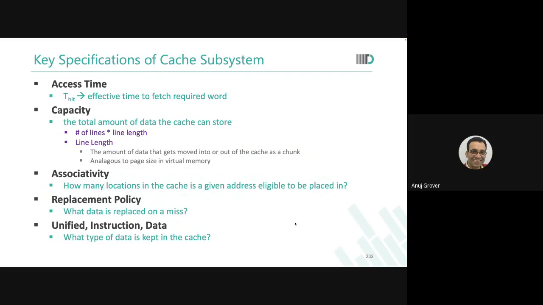And then the last feature of a cache subsystem is whether you have a separate hierarchy for data and instructions, or is it unified? Unified means both data and instructions will go into the same cache. So your 4 sets are now shared between instructions and data. Or I have a separate cache hierarchy for instructions, which could be smaller, and a different cache hierarchy for data, which could be much larger.